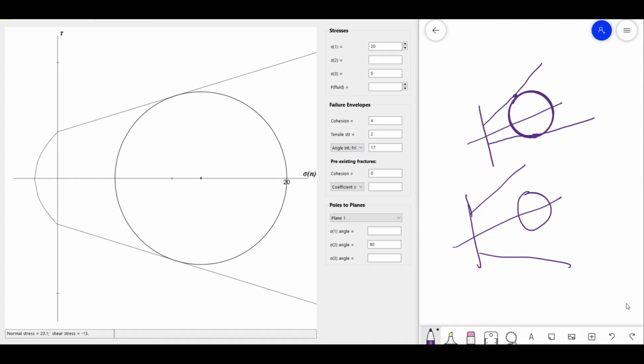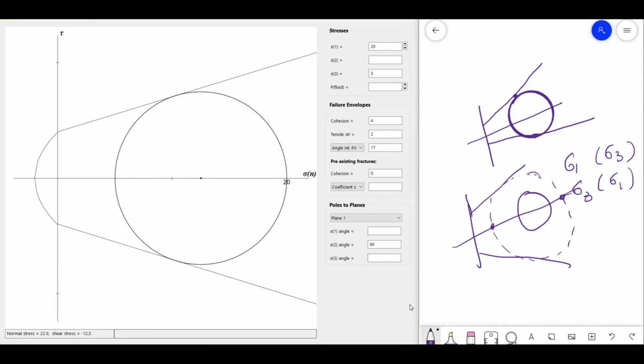Then in this case we can only create fracture, or cause a failure to the plane, by increasing the size of the circle, and the only way to increase the size of the circle is to increase the length of the radius. The length of the radius we can increase by increasing sigma 1 at constant sigma 3 and decreasing sigma 3 at constant sigma 1. That means if the circle reaches somewhere between this and this point, then we can expect some failure or fracture in the system.